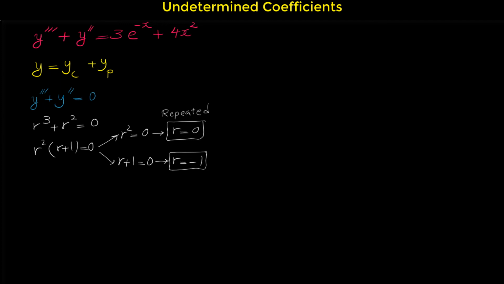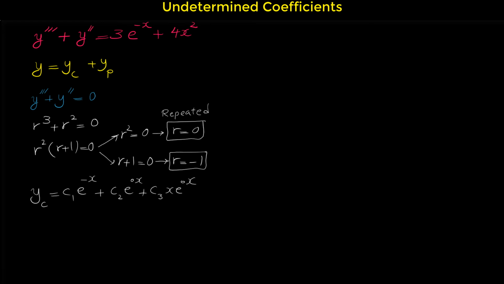Now, based on these roots, we can write our complementary solution. The complementary solution is c sub 1 e to the negative x plus c sub 2 e to the 0x plus c sub 3 x e to the 0x. We add this here because this root is a repeated root,